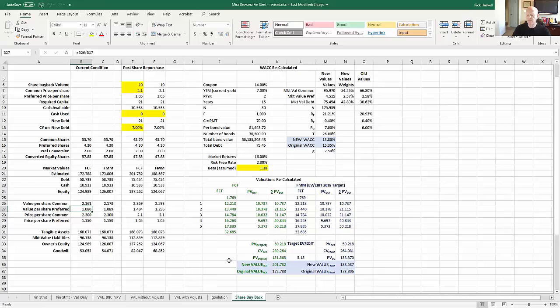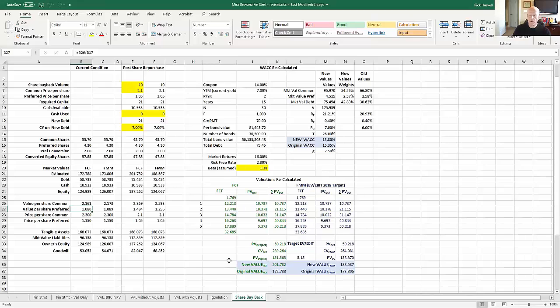Well, let's contrast these for just a moment with the price for common and price for preferred. Obviously, the price for preferred shares is $2.30 in the market. That was reflected in the financial statement up front. But our value is $2.16. So in this case, we're valuing the per share common equity slightly lower than the rest of the market is. Well, that shouldn't necessarily surprise us. That's not uncommon. There's always little disparities between value and price.